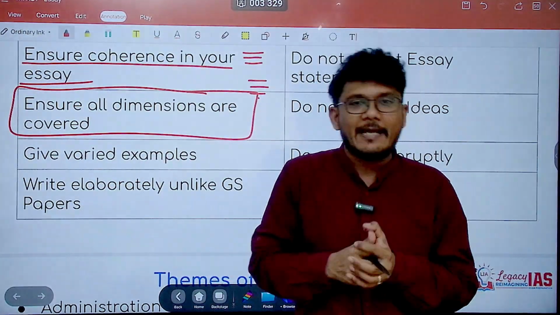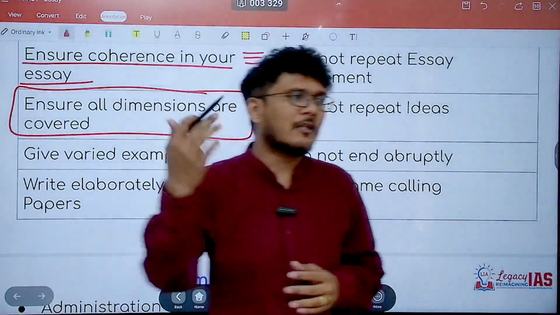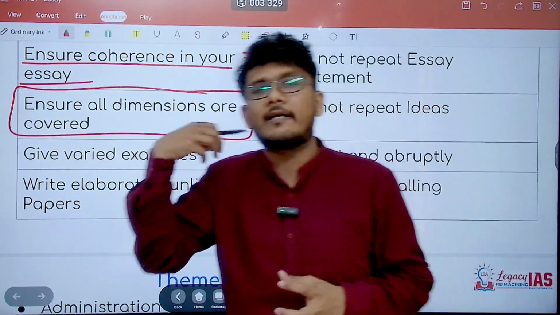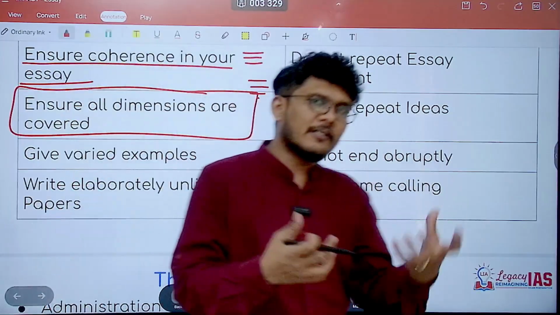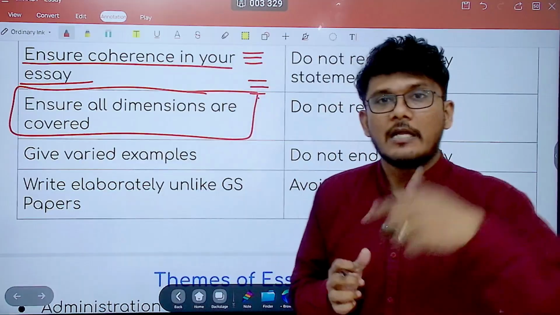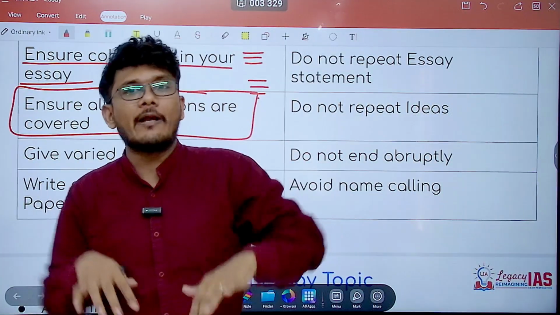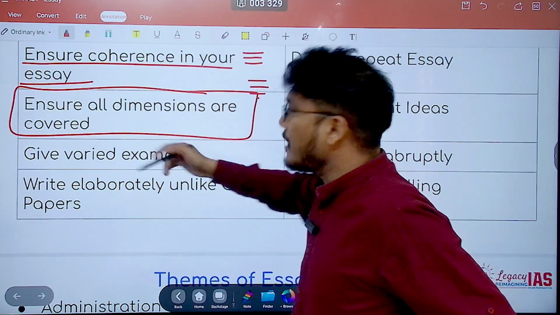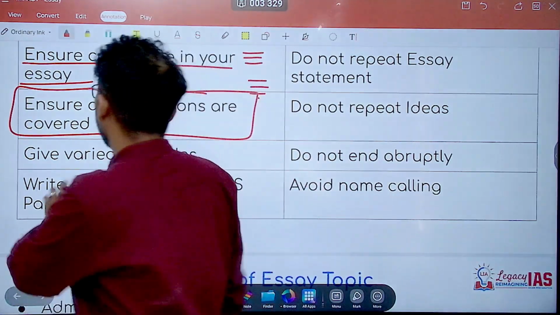So if this is the essay topic, you will not simply talk about the advantages of becoming the fastest growing economy of the world with respect to economy only. You will also talk about how it can address social issues, social inequality, ethical issues, governance issues, and so forth. Everything you are going to mention. Now that dimension is hidden. Where is it hidden? It is hidden in your own head, because the topic is purely economic, but you should know that you should write the other things also in that particular essay.